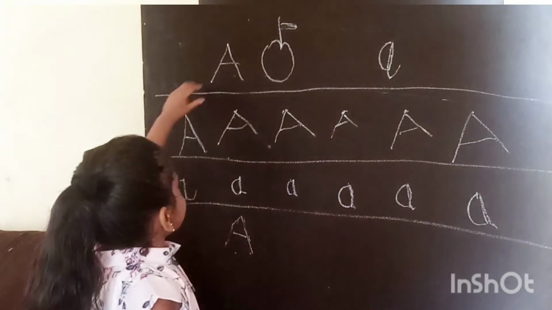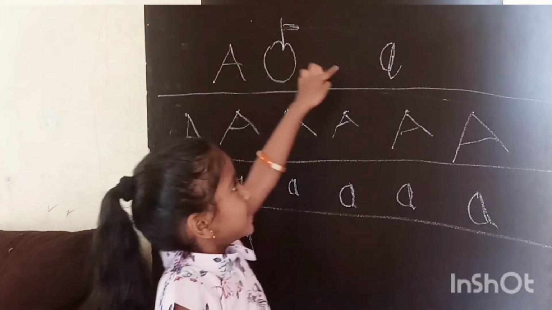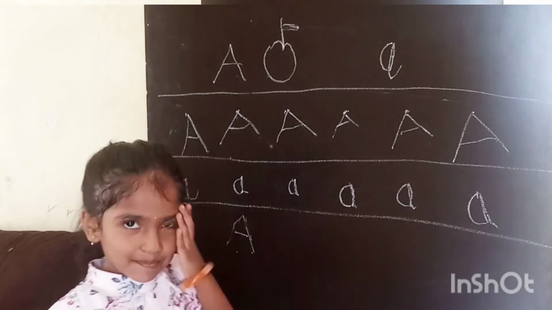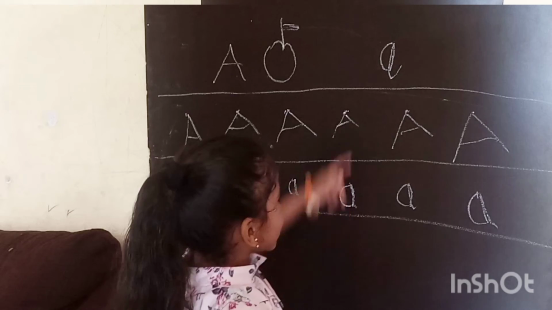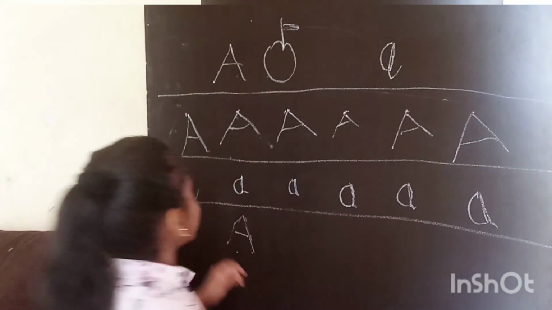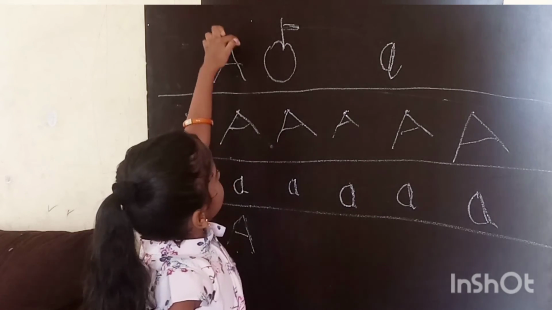Friends, this capital A, this big. The phonic sound apple. Okay, small a. How to write? Slanting left side slanting right, right side